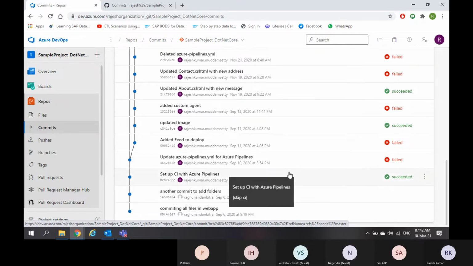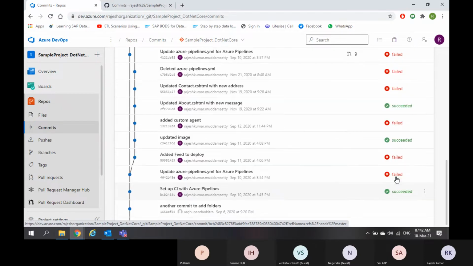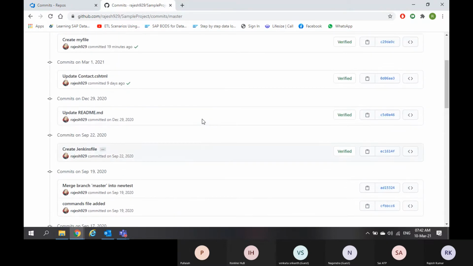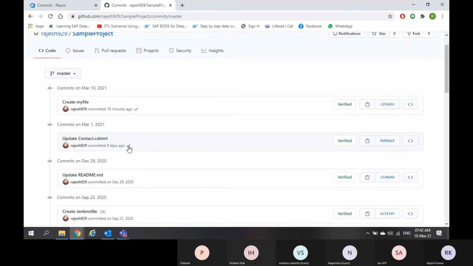But here they validated this commit with a build. That means they built the code when there were new changes. In the same way, we have a tick mark here. That means this commit was verified by a build. If I click on this, see, it is showing me a build value. It is showing me a build pipeline.